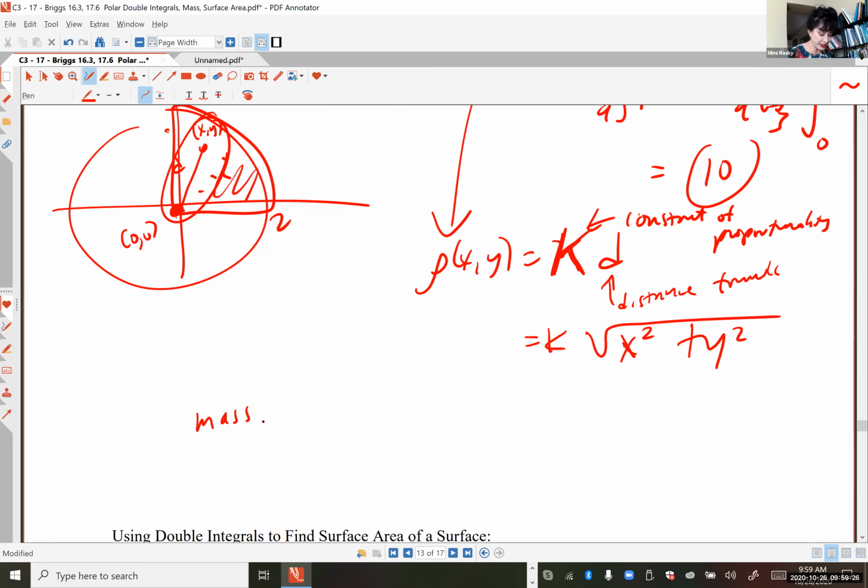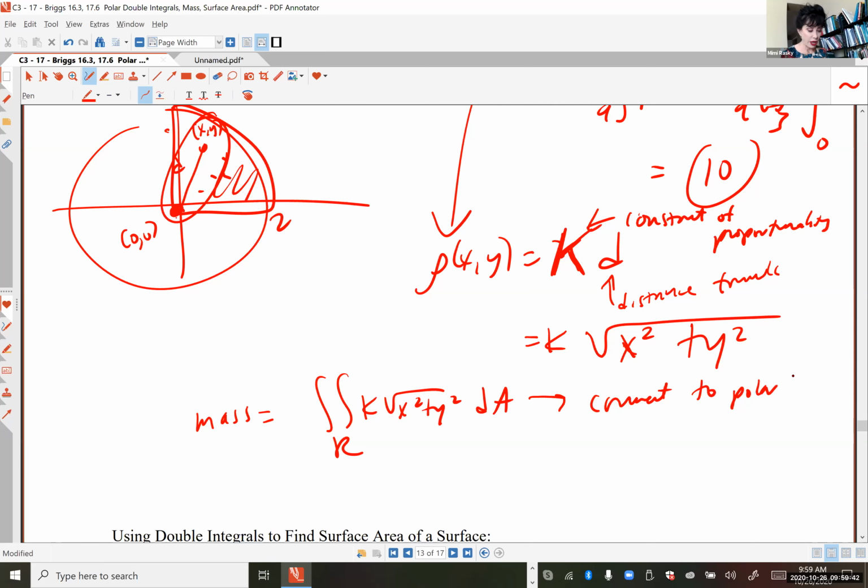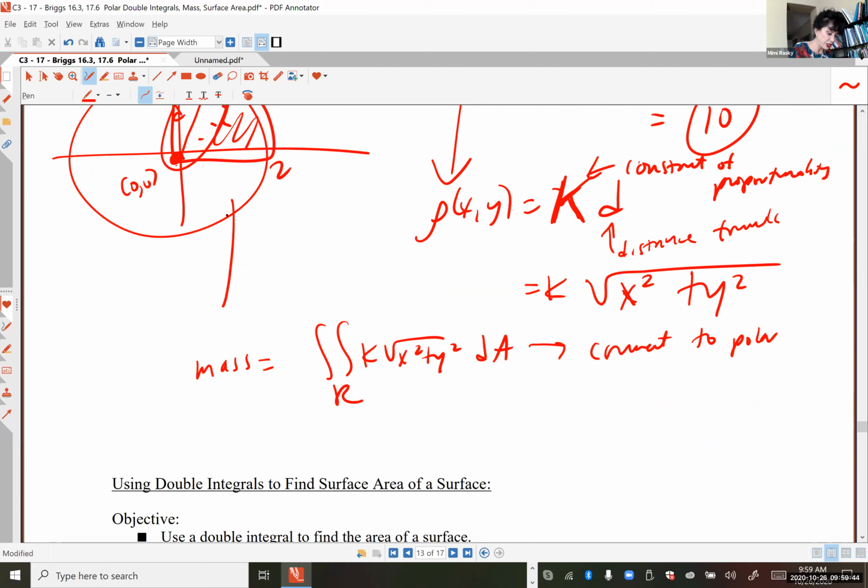Okay, sweet. So what are we saying? We're saying the mass is going to be the double integral of this region, and then the density function goes here in the integrand. And then you're going to have some area element. Well, this is a perfect candidate for polar. And if I were you, I'd convert to polar. And we are. So, here's the deal. This region R,